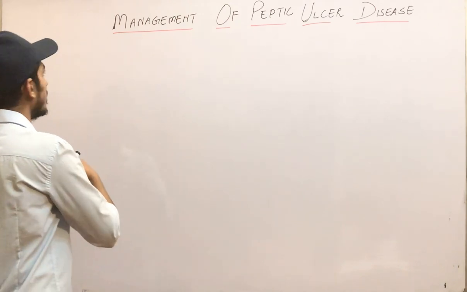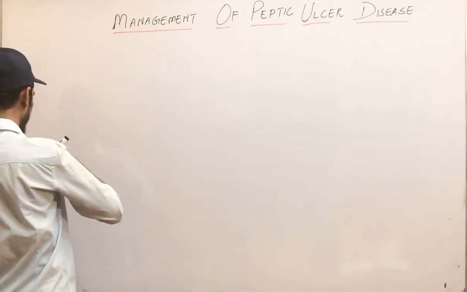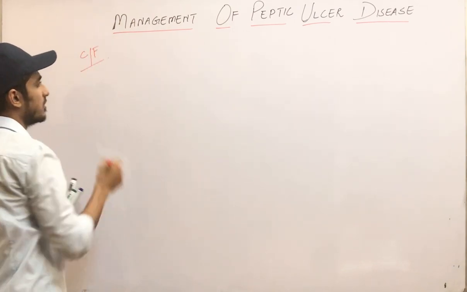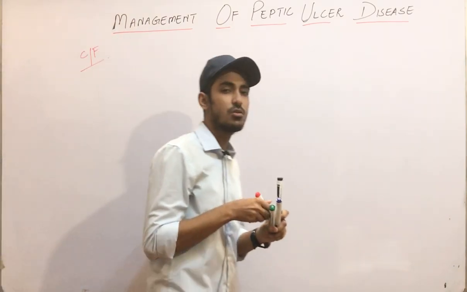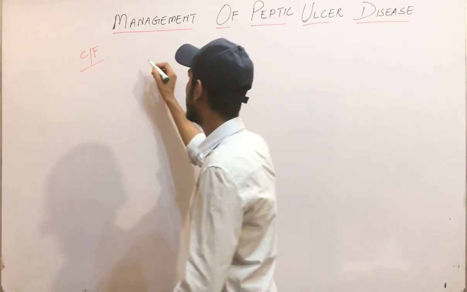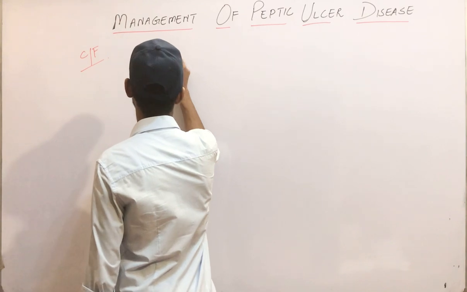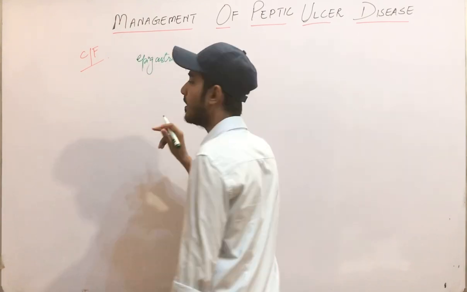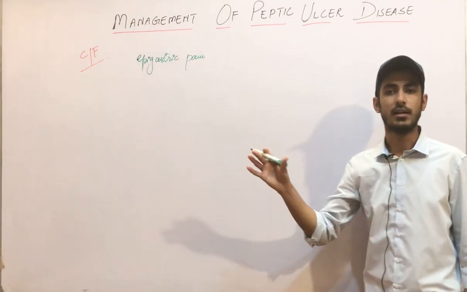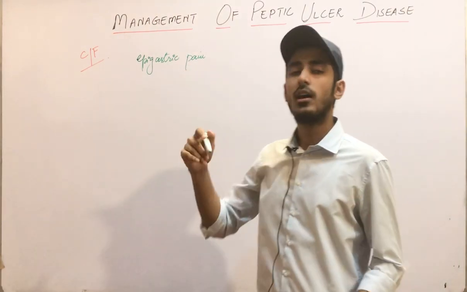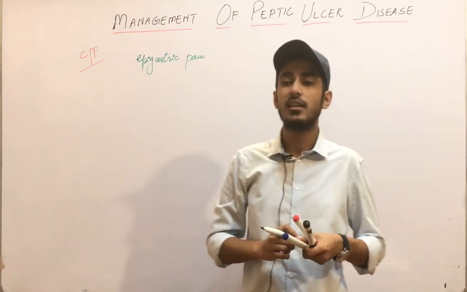So first of all, the patient is coming to you, so what would he be presenting, what will be the clinical features of that patient in the peptic ulcer disease. So the patient will complain of epigastric pain. This pain may radiate towards the back. Clear? Now after this, you have to ask the patient whether this pain is